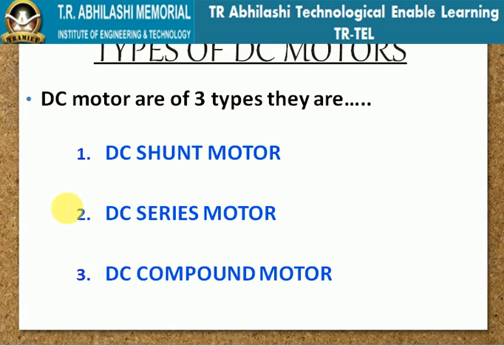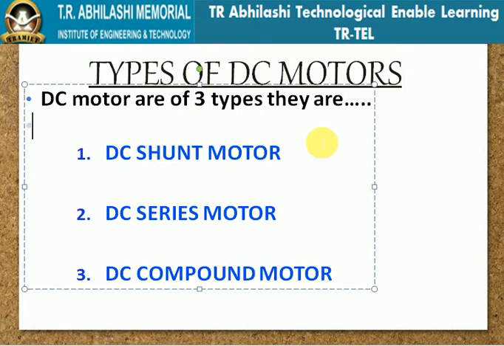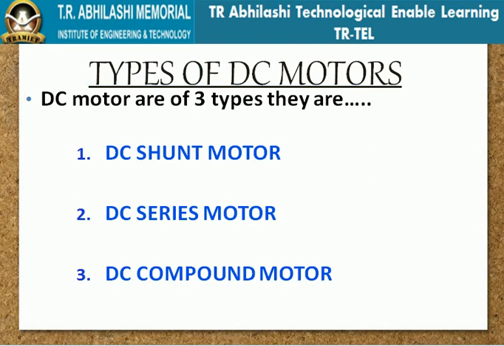Now comes the next topic, types of motors. We can basically divide motors according to the winding, that is, according to their winding connection. For example, we divide the DC motors into 3 basic types: one is your shunt motor, second one is your series motor, and third one is your compound motor. Compound means armature and field, both windings are connected in such a way that it is called a compound motor. And starting with your shunt motor,